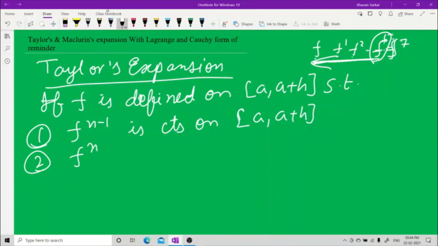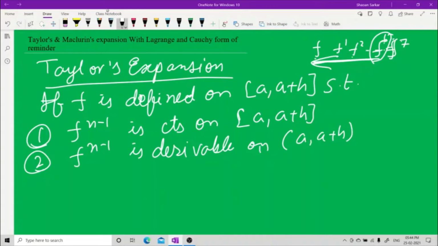Now f(n minus 1) is derivable on the open interval (a, a plus h). That is, f6 is derivable, f5, f4, f2, f1 and f all are derivable on it. Then there exists a theta belonging to (0, 1) such that